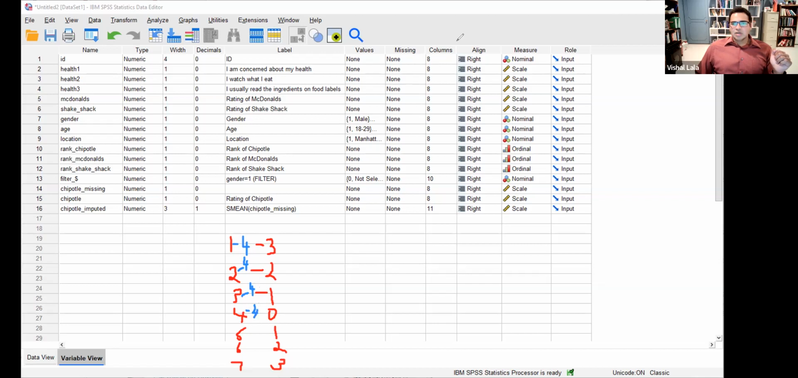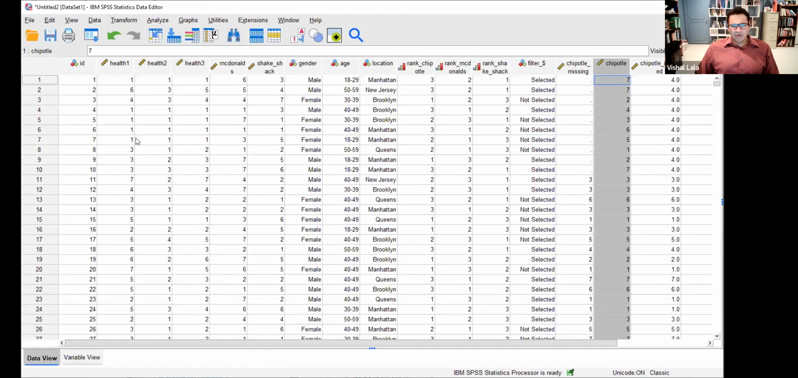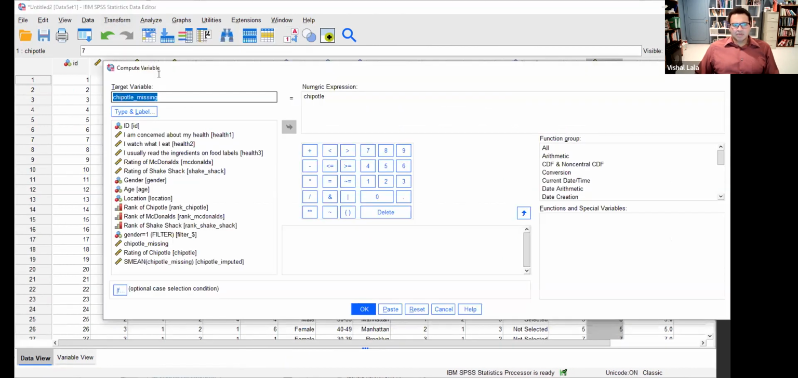Okay, so we use a neat little trick here to transform our data. Let's go into transform. And notice I'm still in the variable view. Let's go to data view. It doesn't matter though. We could do this from the variable view also, but let's go to the data view because it's familiar to us. So transform, compute variable. Here I'm going to specify our variable as